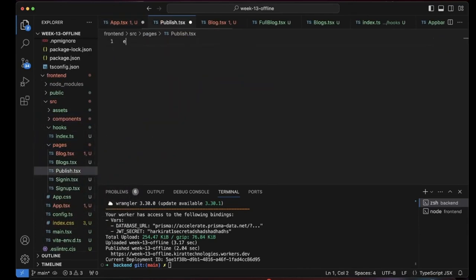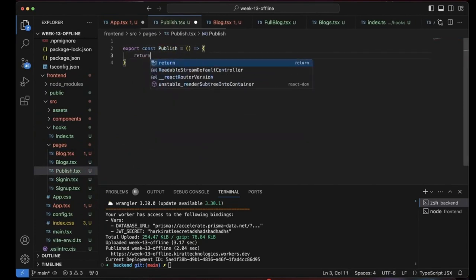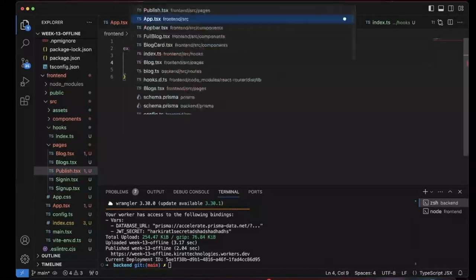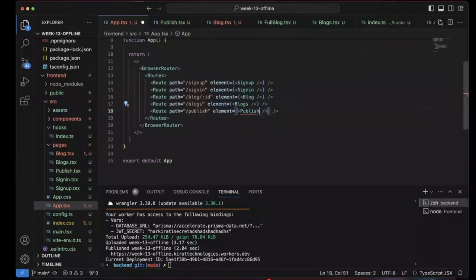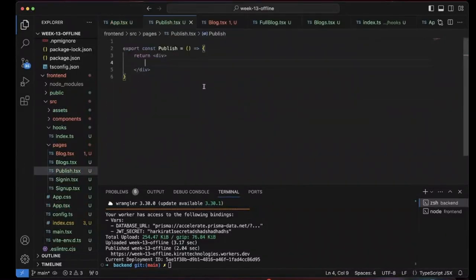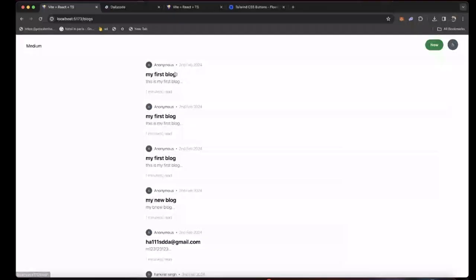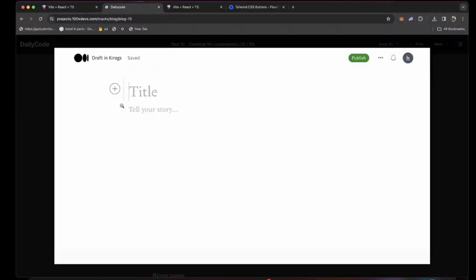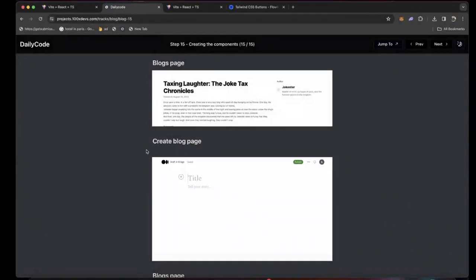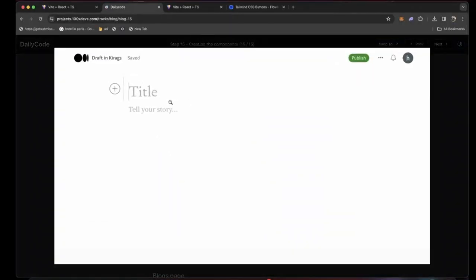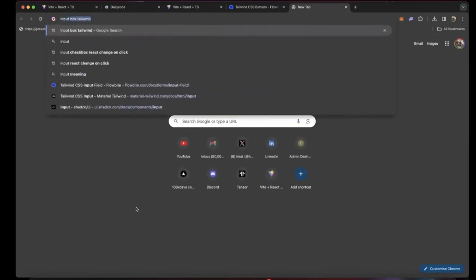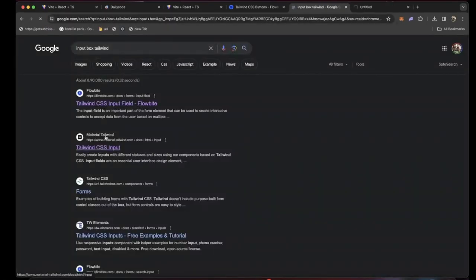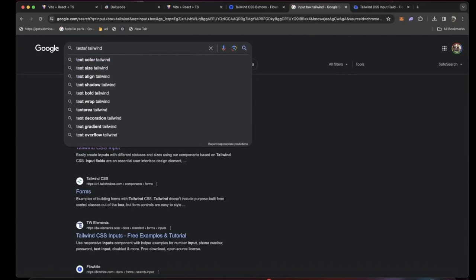Export const publish equal to return div. Let me make this publish, and then what does this then need to have? It needs to have two input boxes. You know, it needs to be like this, but we're not making it as fancy. So it needs to have one big input box at the top and one sort of a text area at the bottom. So let's do input box tailwind, maybe even text area tailwind,